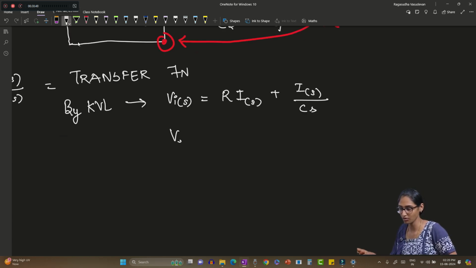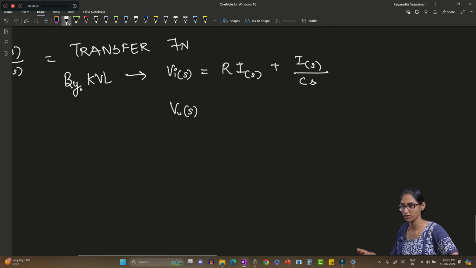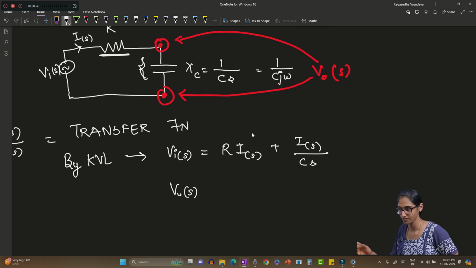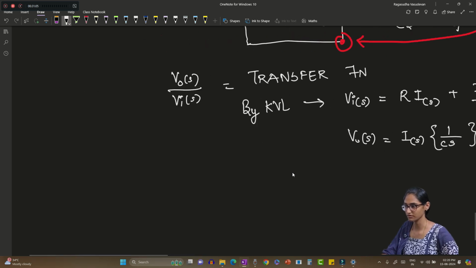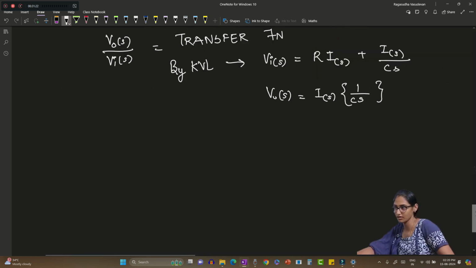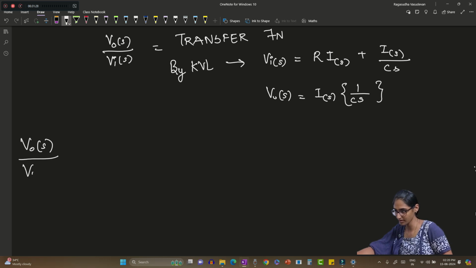Okay, so what is the output voltage? It is the voltage that is measured across this capacitor, right? Voltage is equal to current times the impedance, right? So I of S into the impedance 1 by CS. So now let us find out the transfer function. What is the transfer function? V naught of S divided by VI of S, correct? So we will just divide and find out V naught of S divided by VI of S, which is equal to,